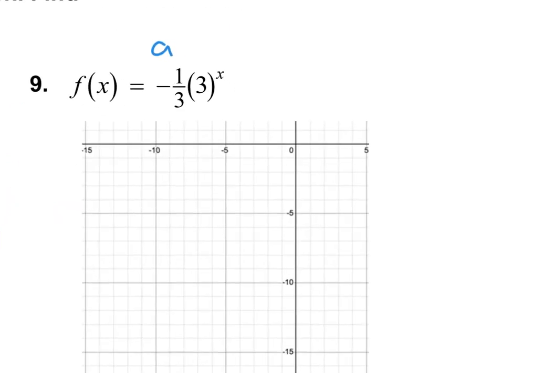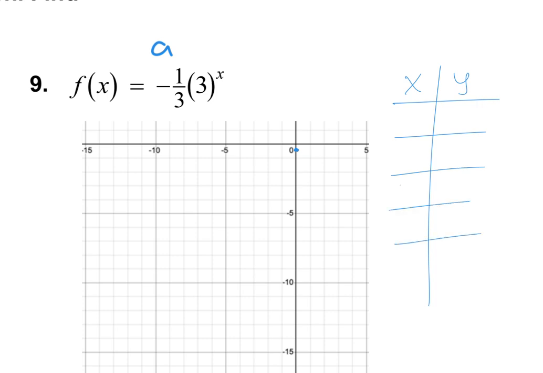So really, we can go ahead and put that in. -1/3 right there. And then again, I'm just going to do a table. X, Y, boom, boom, boom, boom. 0 would be -1/3 times 3 to the 0 power, which is -1/3. Now this one is growth because our B here is bigger than 1. B is greater than 1, so that's growth. So let's plug in a 1, and we're going to get -1/3 times 3 to the first, which is just